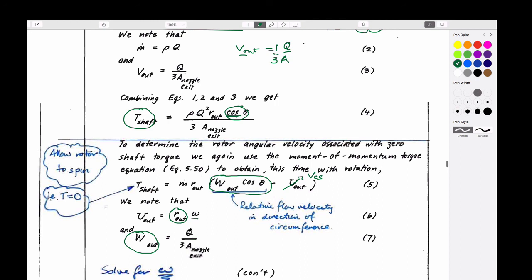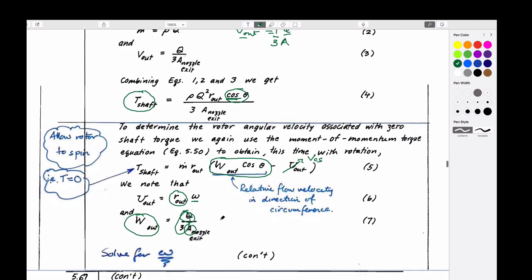So this is always equal to the flow rate over 3, which will give you the flow rate out of that nozzle. If you divide it by the area of the nozzle, that gives you the velocity out of the nozzle. If you multiply that by cosine theta, it gives you the part that's parallel, tangential to the boundary. So if you plug and chug now with this,